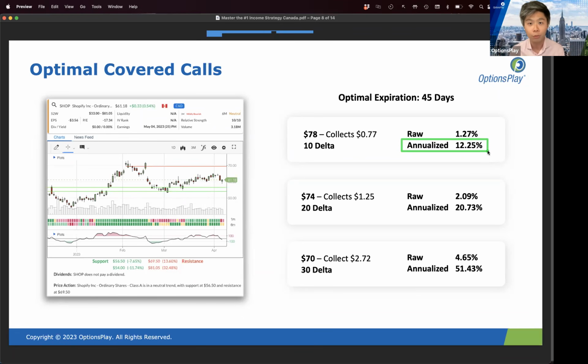There's no other stock in your portfolio that generates 12% yield, especially on a stock like Shopify, a volatile, high growth stock. Yet you can generate an additional 12% and capture most of the upside if, for whatever reason, earnings, the stock just has a great month and generates a forward guidance that's fantastic and the stock rockets higher. You want to participate in that. How do you do that?